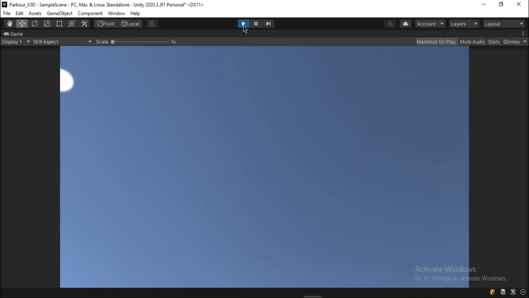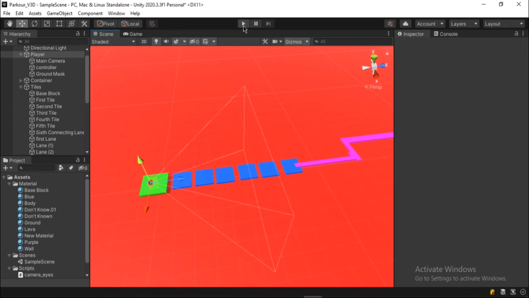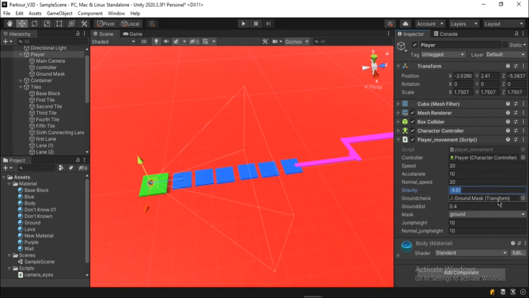So in order to solve this issue, this is very easy to solve. We just need to change the gravity forces from -9.81 to -31.81, something like that. Basically we need to shift to a higher value. And now if we play the game,